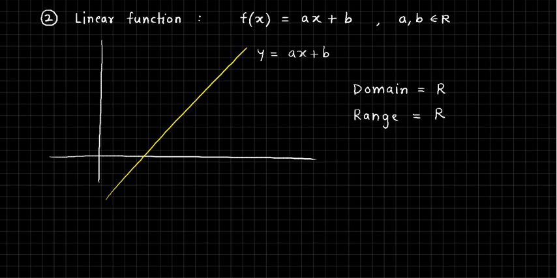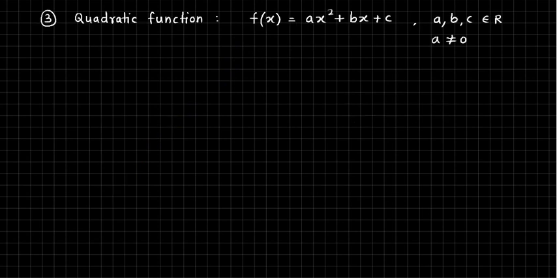Let's go ahead and see the next function, which is a quadratic function. Here f of x is given by ax square plus bx plus c, where a, b and c are real numbers and a is not equal to 0. Alright. From the name it is clear that the expression for the function is a quadratic expression. Now if we want to draw the graph of this function,